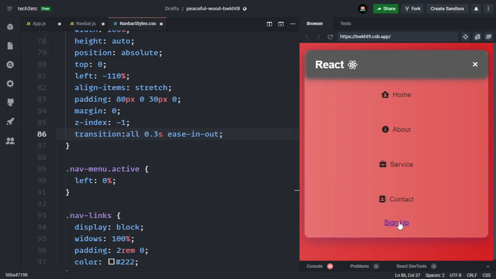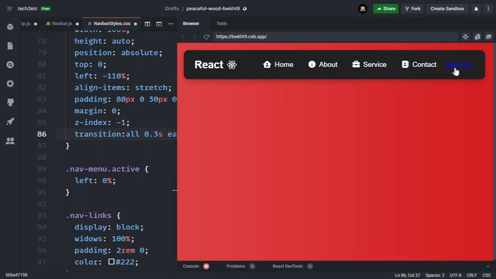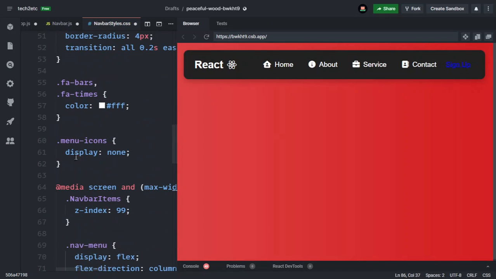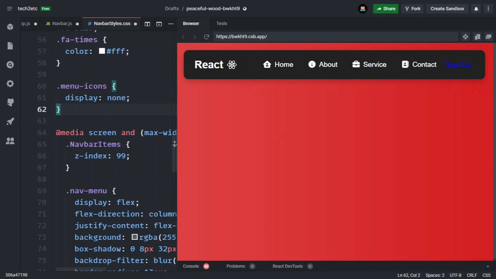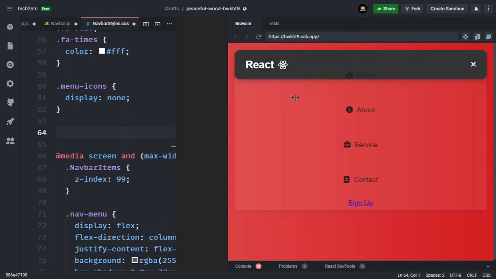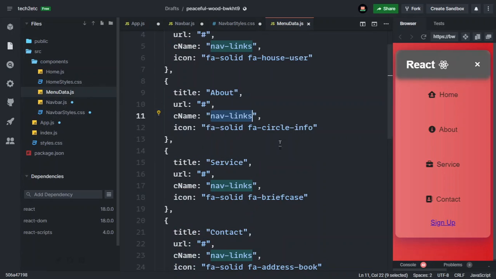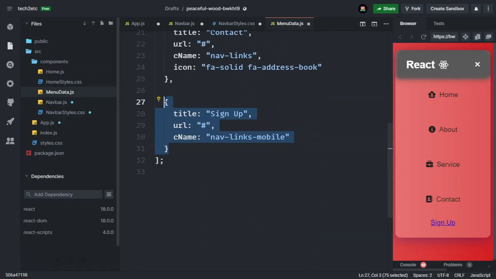Now we have to style this button. If I increase our website, this is our sign up button. So for styling the button, let's go to the top, and here we have to add the button class name. If I open this menu data, here you can see that this is the button, and we have a class name which is navlink mobile. So I will simply copy this class name